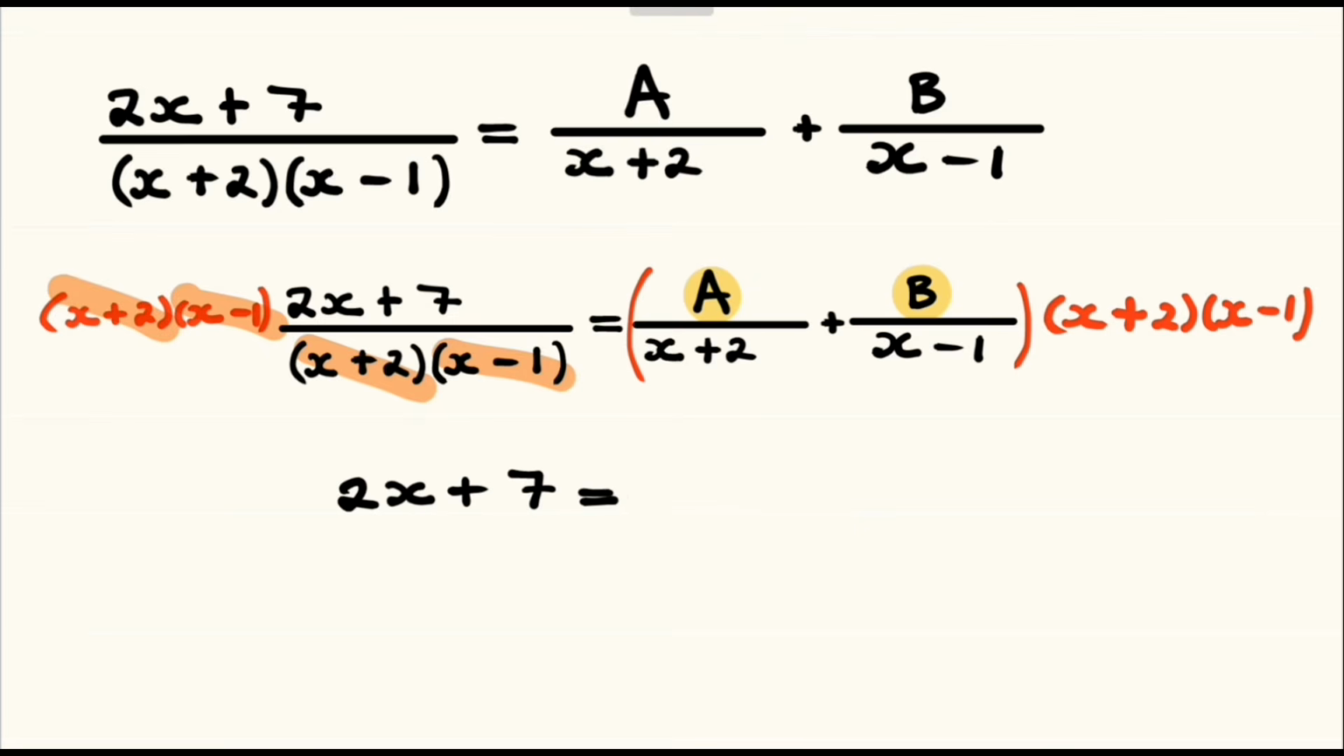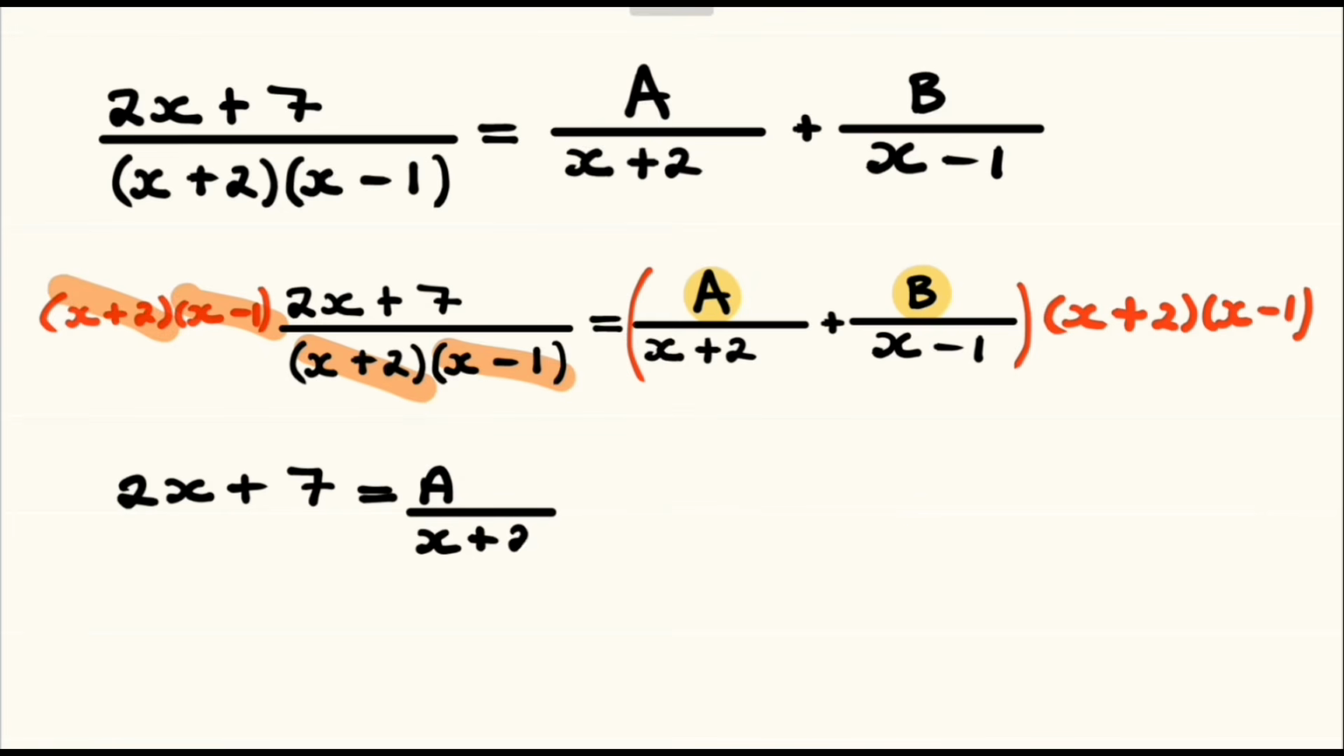So we have to distribute the x plus 2 multiplied by x minus 1. So we have a divided by the x plus 2, which we multiply with. So we distribute that x plus 2 multiplied by x minus 1. So this will be multiplied by x plus 2 multiplied by x minus 1